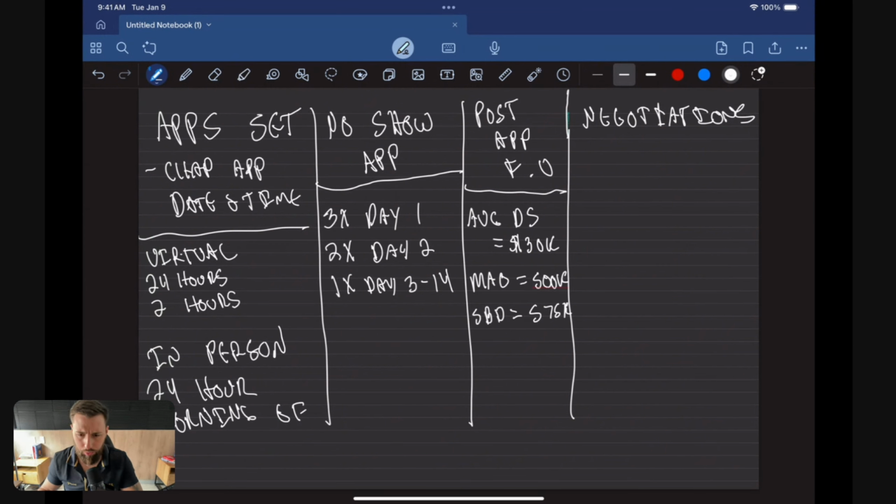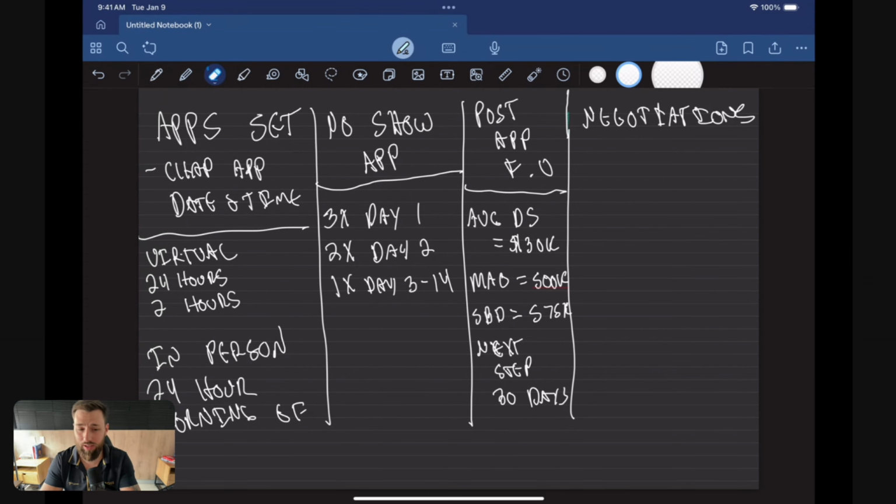And so that's a post-appointment follow-up. I want to make sure that I have my next step less than 30 days out. These are people that meet a MOTA, or again, they have equity, they have a real motivation, they own the property, they're going to be selling in the next 90 days, and nothing's going to prevent them from selling in the next 90 days. So I don't want to just let those go for 6 months. Like, they are going to be taking action. Maybe they're just early in the sales process and they don't really understand what their property is worth. Maybe there needed to be some better objection handling. So I'm still going to make sure that I'm calling those at least once per month.